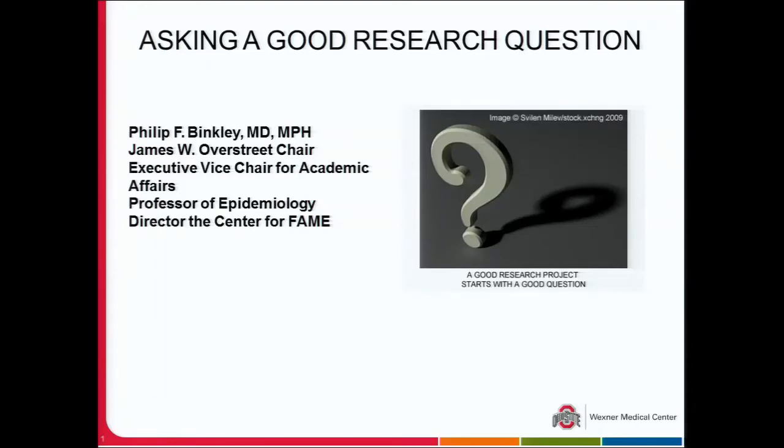Good to see that. So we're going to talk for the first part of this session about how to ask or pose a good research question. And that may seem sort of obvious at first, but when you think about it, your research question and the way you pose it is really the foundation for your entire research or investigative project. It's the basis for the hypothesis that you'll eventually generate